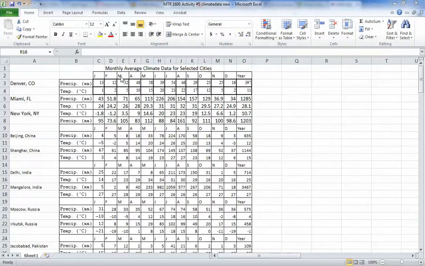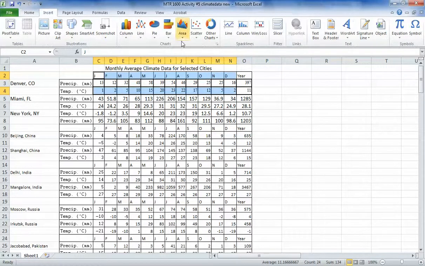The first is going to be for Denver, so I'm going to start with a temperature plot. So what I'm going to do is highlight the temperature line. I'm not going to grab the year, just January through December. And then I'm going to hold down my control key and grab the labels for the different months as well. And then to make a graph initially, you go to the Insert tab, and then we're going to